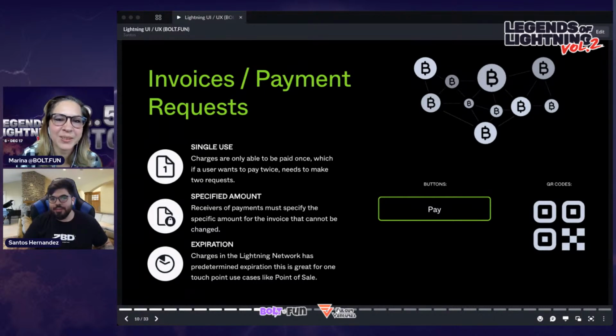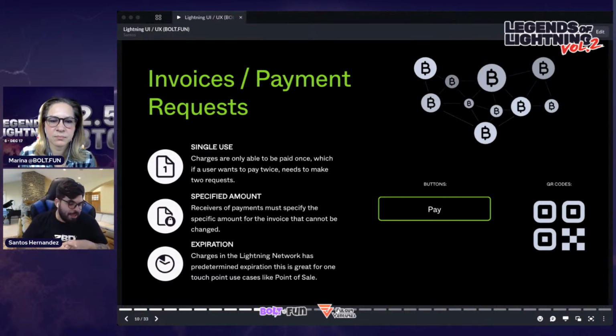Absolutely. Very cool. And now looking at Lightning invoices or payment requests more abstractly, before we look at them in user interfaces, let's understand what they are and what they're used for. So typically these Lightning invoices are only able to be paid once. So if a user tries to pay it twice, you'll actually need to provide 2 invoices. So there are some applications that blur the line on this, but from all the products that I've seen in Lightning, this is how it's implemented currently,